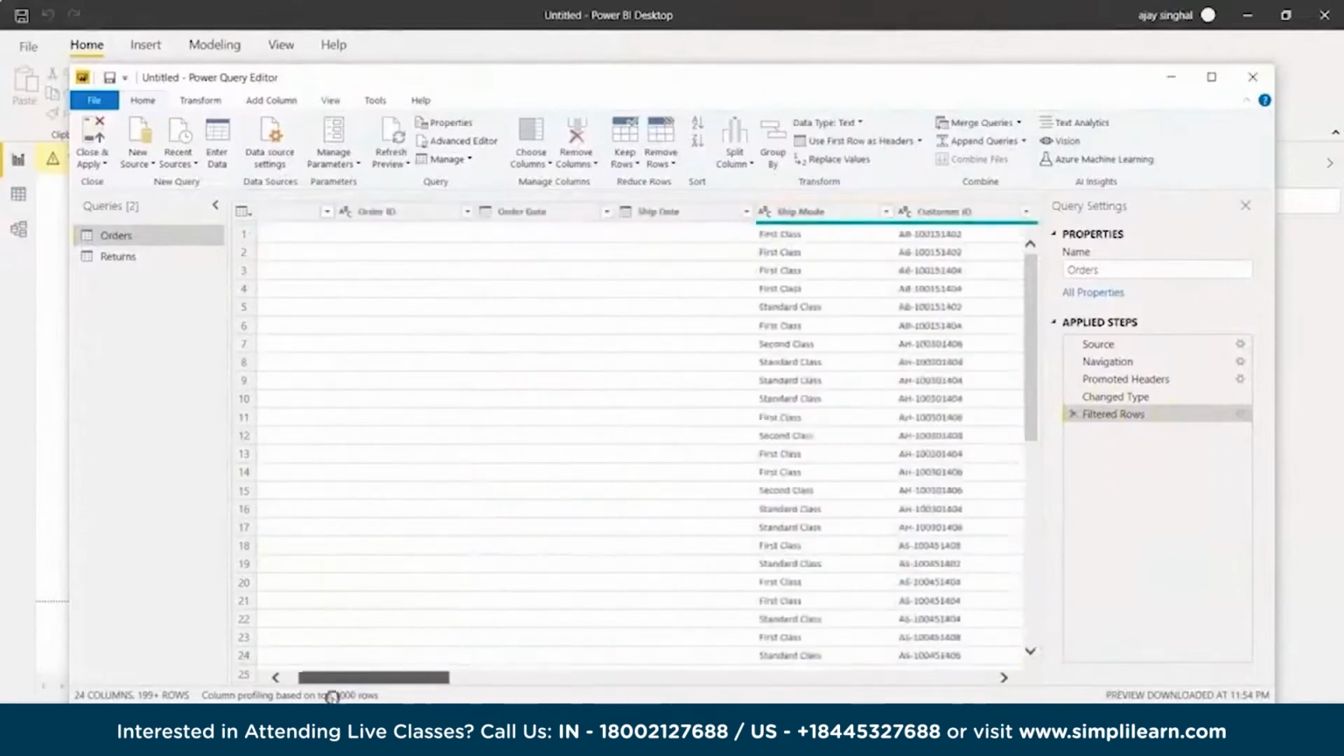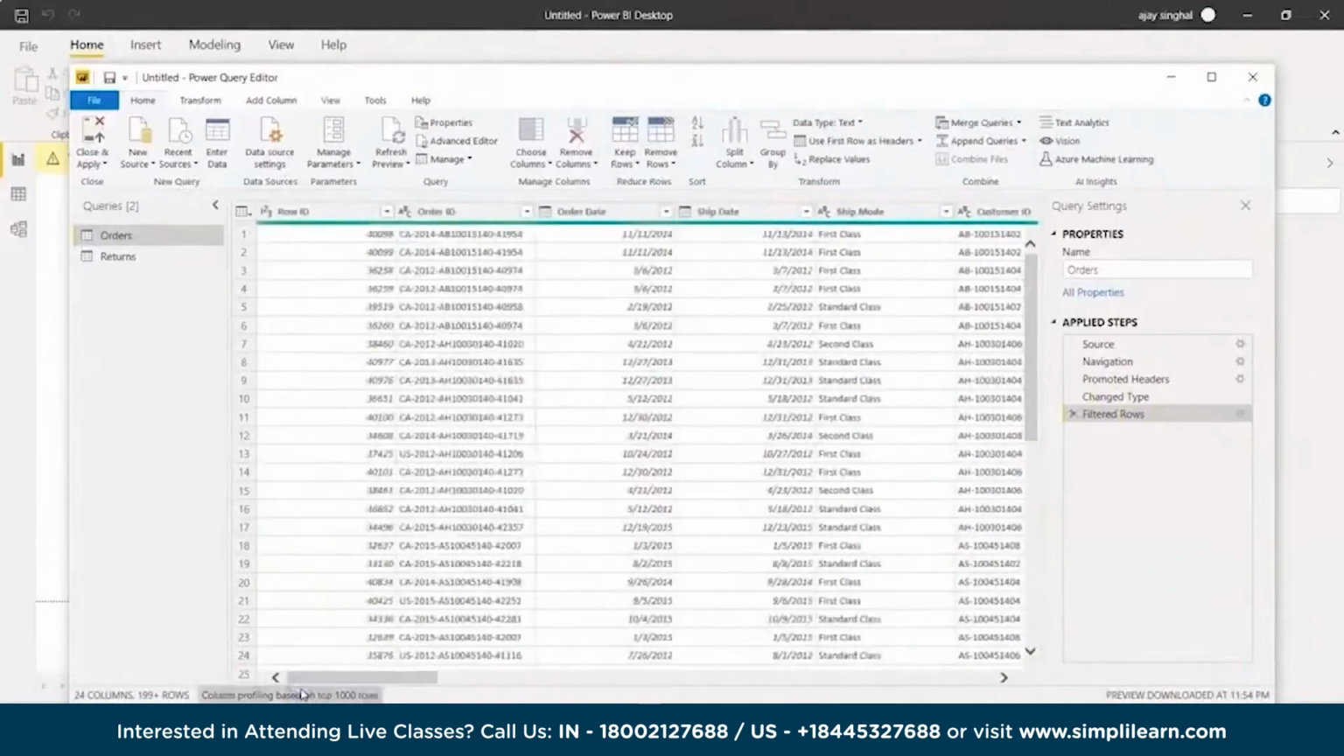Now we have done the basic transformation for this data set on these two data sources, that is orders and returns. So here you have an option which says close and apply. So close the query editor window and apply any pending changes. You can click on this and it says apply. So for example, I can just say apply for now, and that